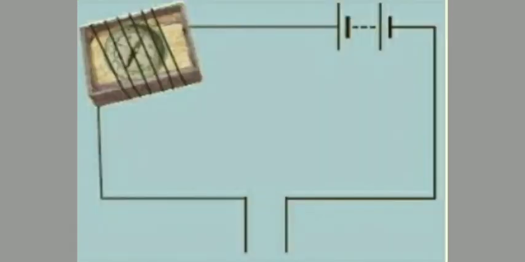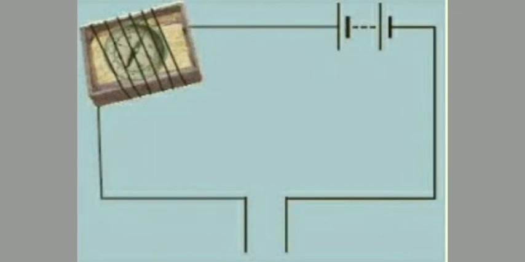Take the tray from inside a discarded matchbox. Wrap an electric wire a few times around the tray. Place a small compass needle inside it. Now connect one free end of the wire to the terminal of a battery. Leave the other end free. Take another piece of wire and connect it to the other terminal of the battery. Join the free ends of 2 wires. The compass needle shows deflection.